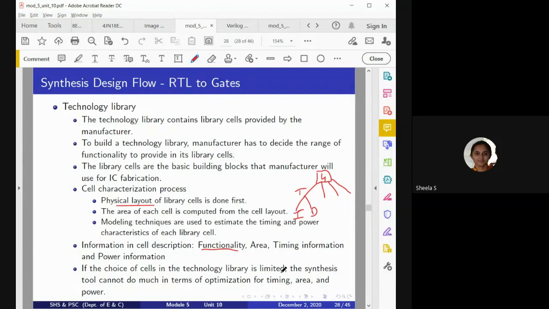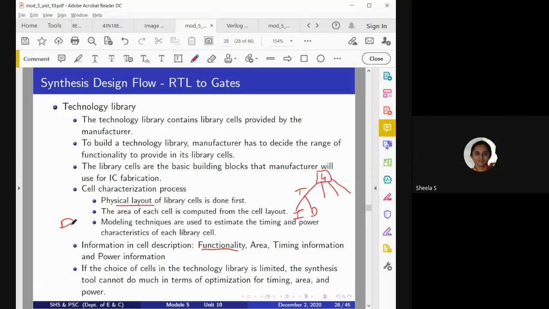As I told, suppose you have only 3 gates, AND, OR and inverter, and using them I want to perform a half adder operation. To implement the sum, I need an XOR gate, and for the carry an AND gate. The AND gate is already available, but the XOR gate is not available. To build the XOR gate, I need to consider 2 AND gates, 2 inverters and 1 OR gate. So totally I need 5 gates, along with 1 AND gate to get the carry. So I need to use 6 gates to implement the half adder.